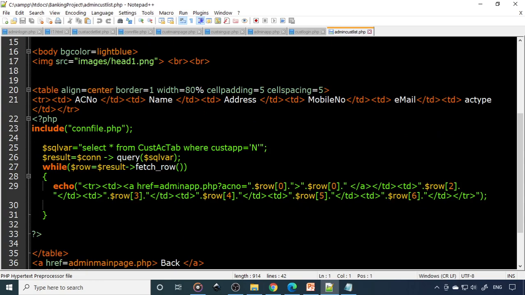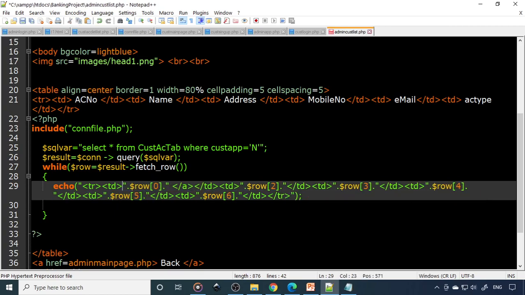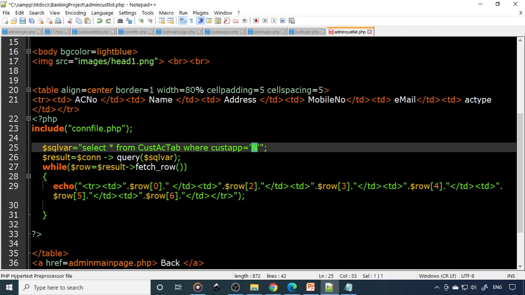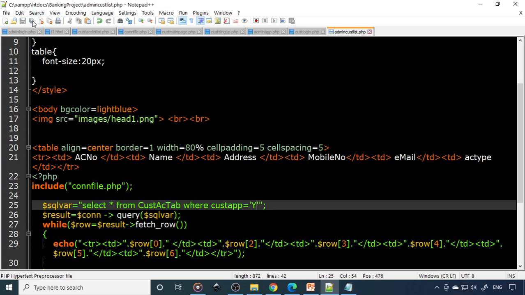Okay, so all these same, but now we don't require a link here, so therefore remove the link. This anchor is also not required, so that is removed. So all these details okay. Where y you have to take, because if n it wouldn't show here, so only y it should show. So now we have to go to admin main page and then we have to link that